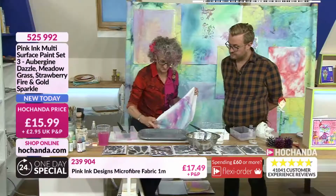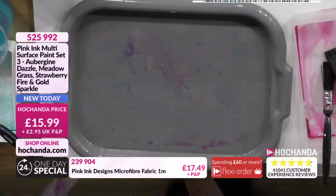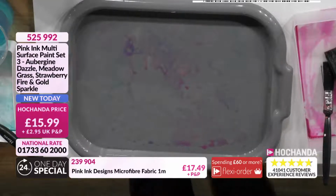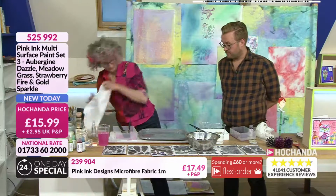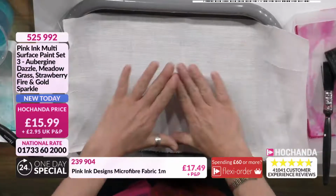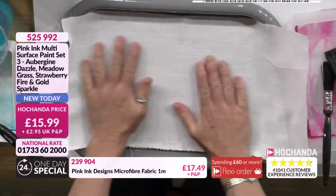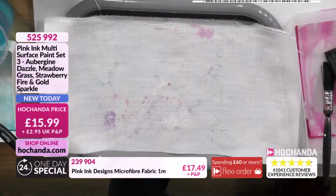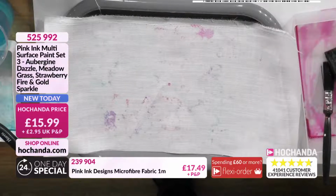Now, can you see there's some colour there? That I'm not going to waste. And I'm going to pick that up on a dry bit. Okay. And if there's enough of it, it might not be enough, I should get some little spotting. And that is how we did,